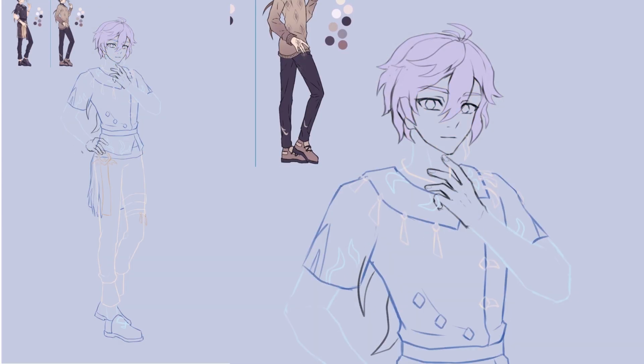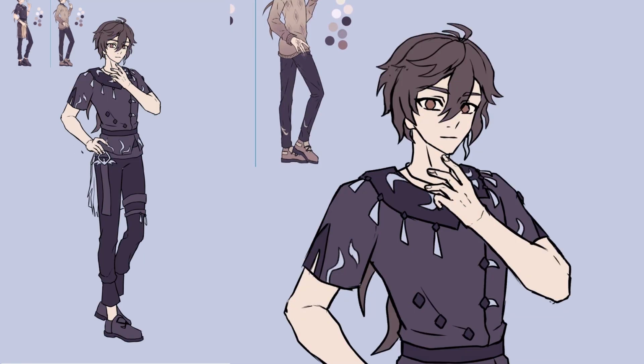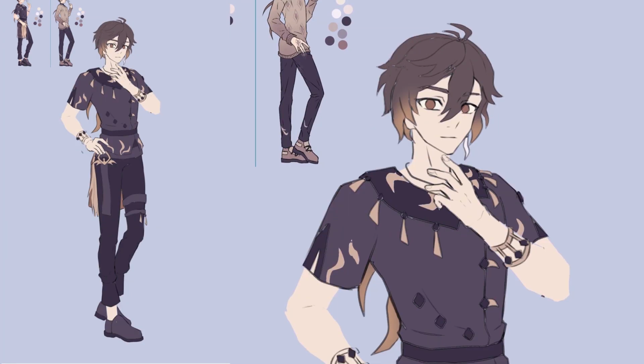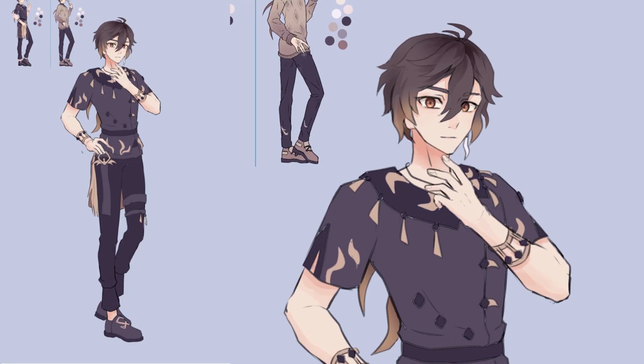I went with a black and brown color palette for Zhongli's modern outfit, once again inspired by his in-game look. I experimented a bit with gradients for the sweater and went with dark brown sleeves and a brighter part around the torso. Here I also added in some diamond shapes as pattern for the sweater.